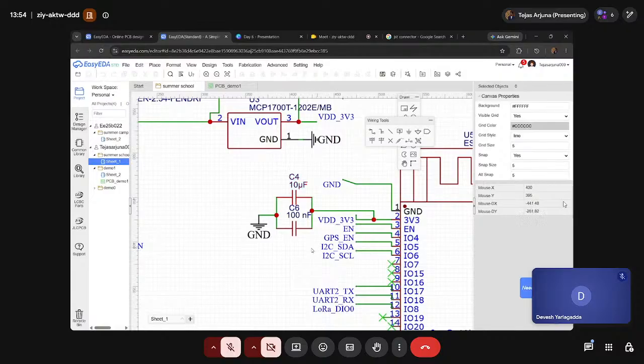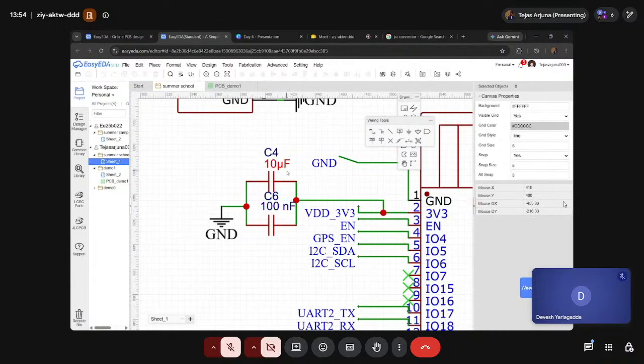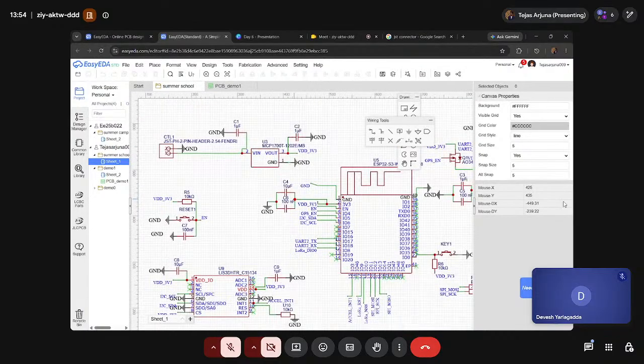Aisha explained the decoupling capacitors very well, but I want to ask a question: why do we have two capacitors in parallel? And one is in nanofarad, the other is in microfarad. The reason we need a parallel capacitance with one in this range and another in this range is a brilliant move. The schematic was made by Aisha and Satvik. So